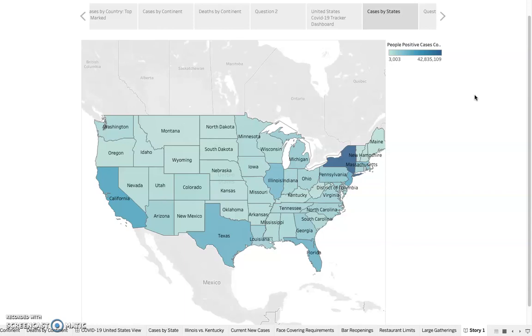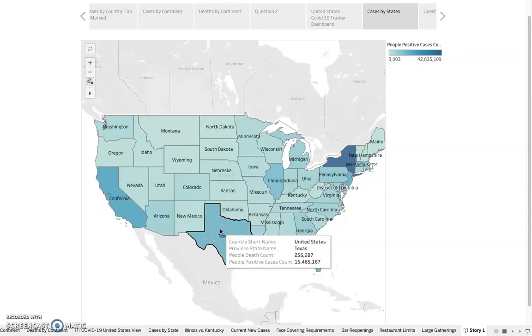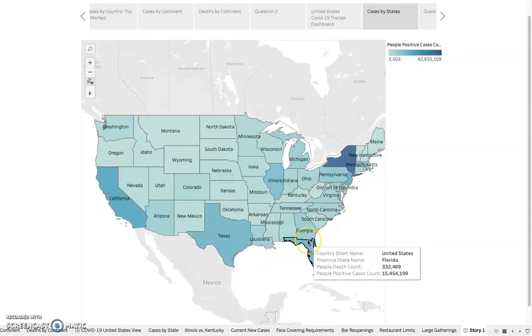The top three of those, California, Florida, and Texas, have over double the number of positive cases compared to any other state. If you look right here, positive people count 20 million. I'm sorry, Texas 15 million, Florida 15 million. So that is a ton of cases, and it's kind of a staggering amount. Then I decided to look at